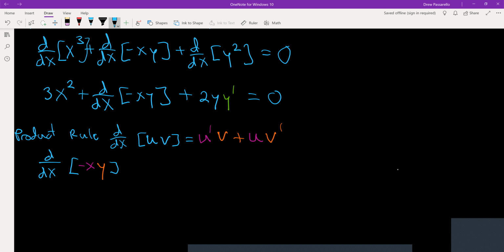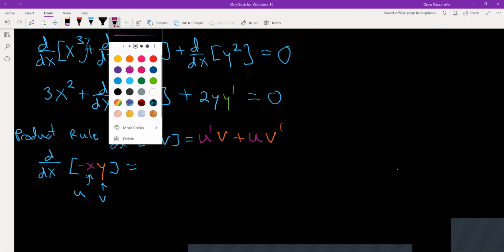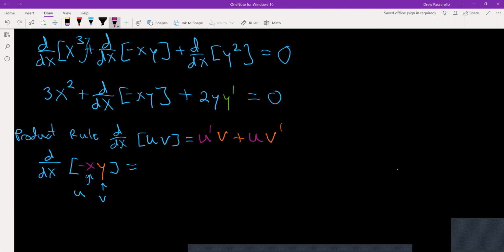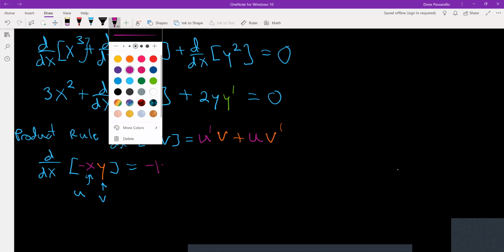So the product rule is u prime times v plus u v prime. And I try to color coordinate it. U in this case is going to be negative x, and then v is y. So it's going to equal u prime times v. Well, if u is negative x, the derivative of negative x is going to be negative 1. So that's the derivative of u, u prime, times v. Well, v is just y, so it'd be negative 1 times y